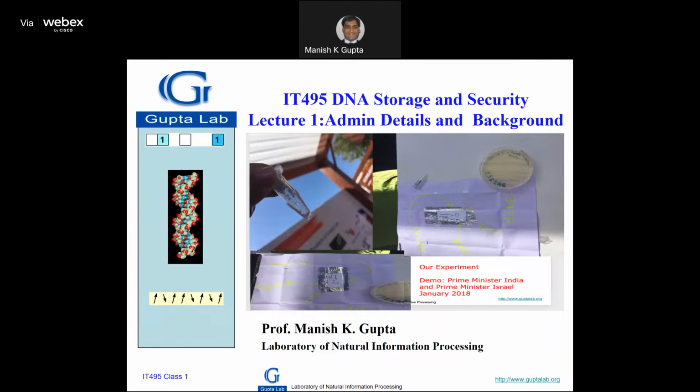So this course is all about data storage, but a new emerging area, although this basic idea was there in 1960, the main result was obtained in 2012. We were also doing a similar thing at that point in time. I still remember it was the summer of 2012 here. So this idea of DNA storage was experimentally shown by George Church at Harvard.